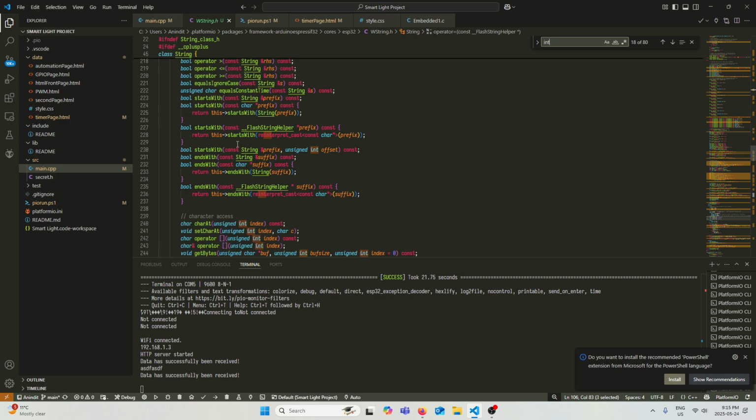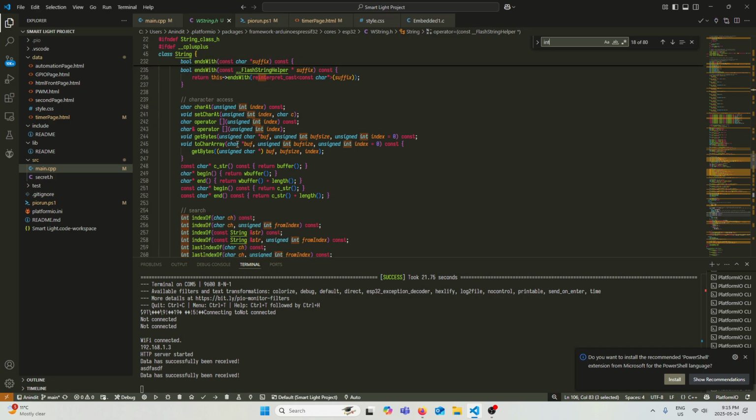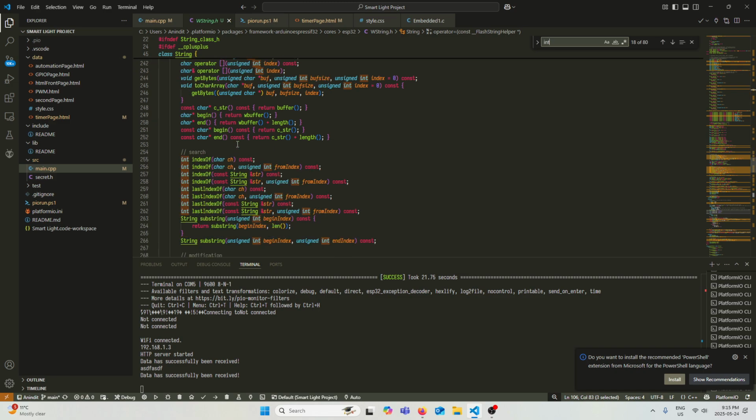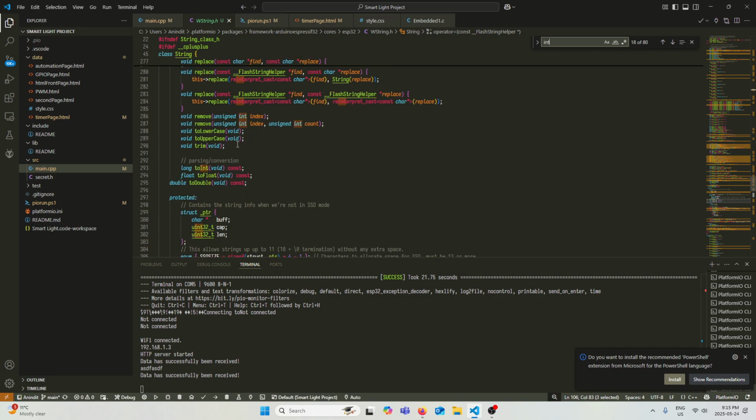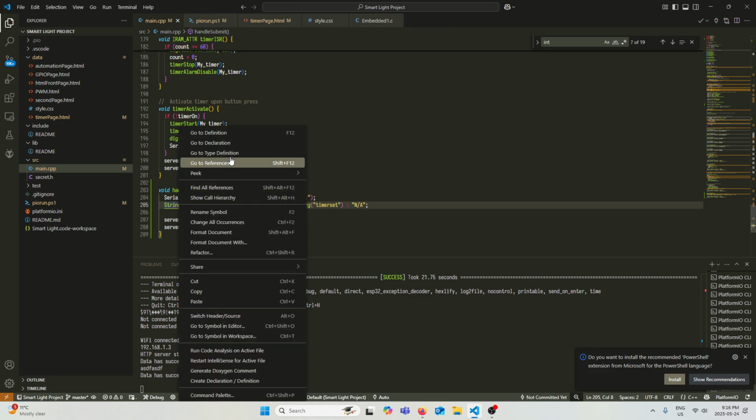Operator equals. Index of, last index, substring, replace, remove. Oh, what the heck? To int. What does this do? Wait.